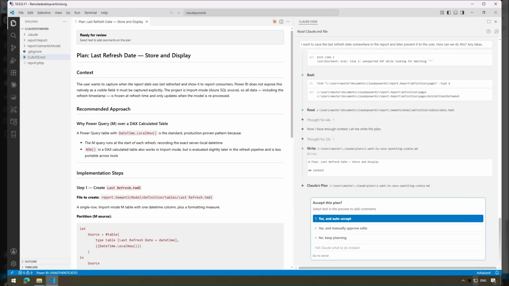And here is the plan. And it says the user wants to capture when the report data was refreshed. That's exactly what we want. Power BI doesn't expose this natively, unfortunately, so we have to implement it ourselves. And it says, okay, there are different ways how we can do this. And it says we should use M. So M is the language of the Power Query, and the M query runs at the start of the refresh